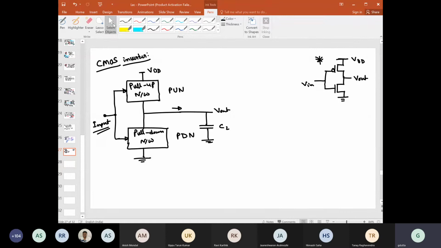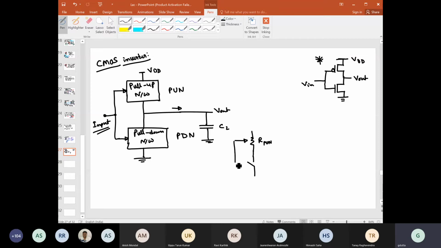Okay. Now, suppose in some case we have applied some voltage here for which the pull-up network is working and pull-down network has been disconnected. So in that case, probably we can draw or simplify this and represent it like this. So when this pull-up network is active, we can replace that pull-up network maybe with its equivalent resistance. So it is R pull-up, right? So at that time, the pull-down network is open.